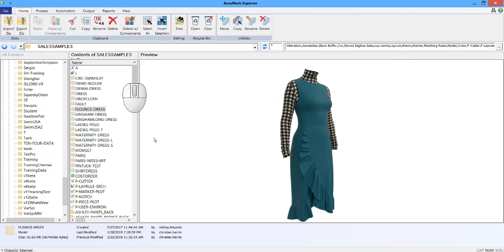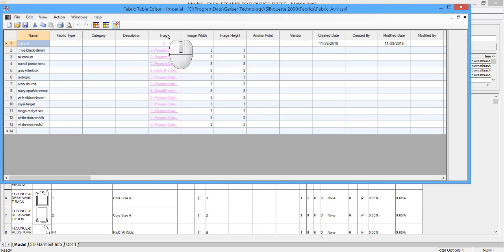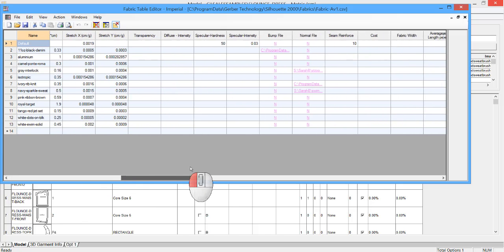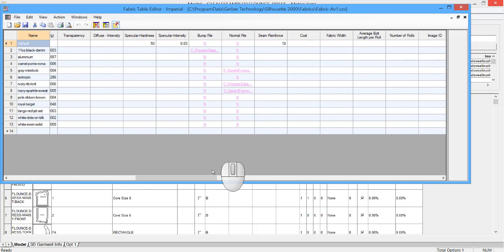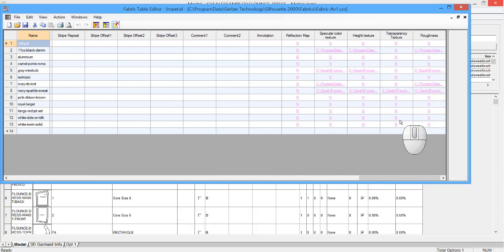Now, each one of these maps has its own place in the fabric table. So I'm just going to go here, File Editor, and launch my fabric table. All right, so each one of these maps, here we have image. If we scroll a bit down, you'll see bump and normal maps, and then all the way at the end you have the rest of the maps that you need to give really great textures in 3D. So what you can do is, for each map that you have, select the lookup here, and you can navigate